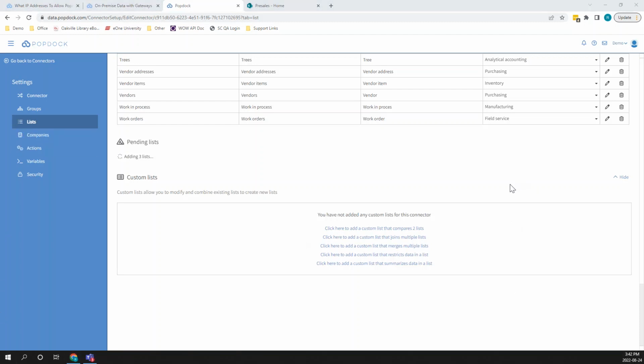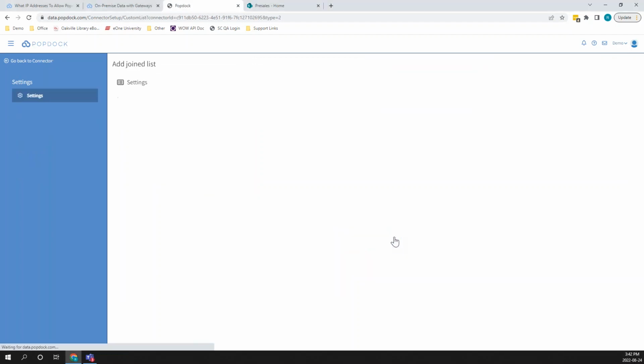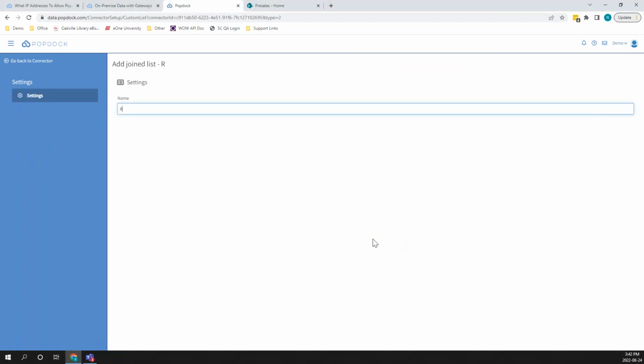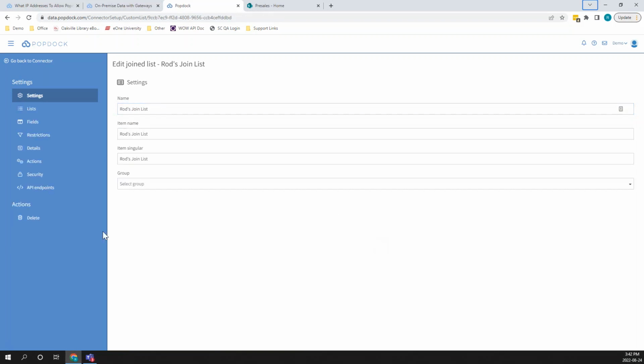Okay, now the last thing I want to talk about while we're in here is these custom lists. Now, what custom lists allow you to do is start mixing and matching your data in really cool ways. So I'm going to take a look at joins multiple lists here. Okay. I'll also mention when you're out in the wild, you're not going to want to name lists after yourself, but you can. Now, just because this isn't always clear what it is, if you remember when I was looking at my invoice or my sales line items list,